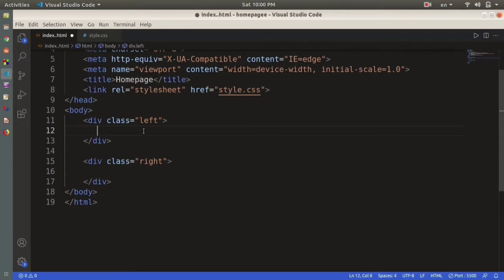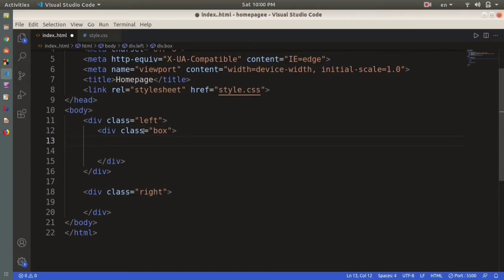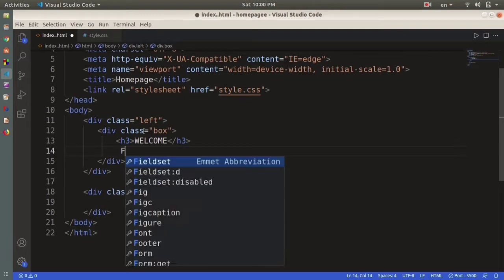So in the left div we are going to give another div and give this div a class which will be box. And here in this box I'm going to give a header, and we'll name this header welcome. Now here I'm going to create a form, the login form which was on the left side of the homepage. We are going to create that. So for that I'm going to create a form element,